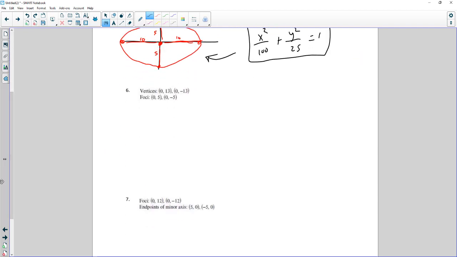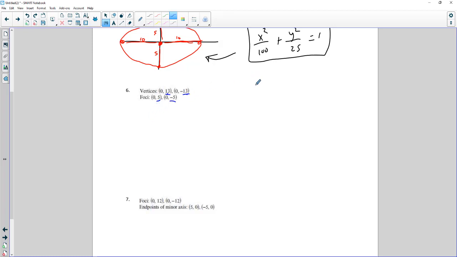Okay. This one's a little trickier, which is fun. What they're telling me is that the foci are along the y-axis, which means that the major axis is the y-axis. So that means that a squared is underneath y this time. And same thing with the vertices, we're changing only the y, which means the major axis is still on the y-axis. So what's happening here